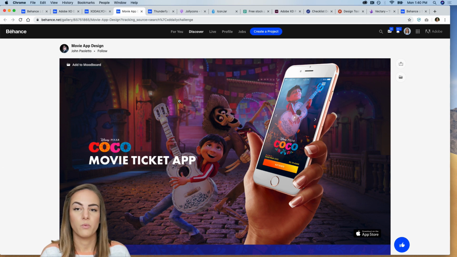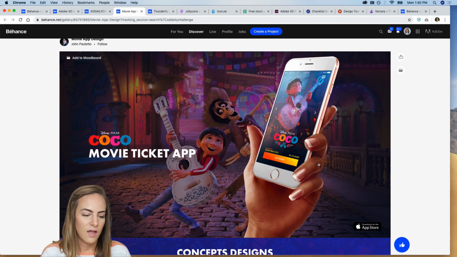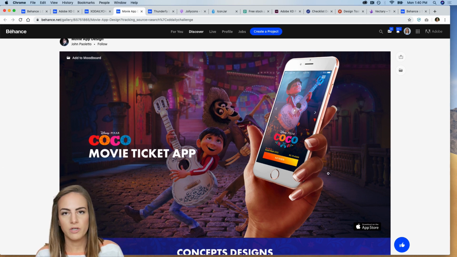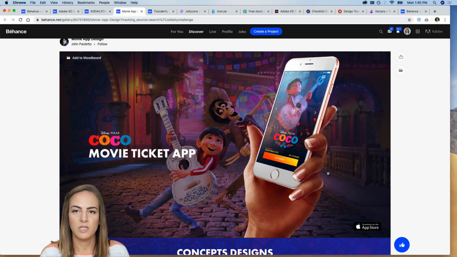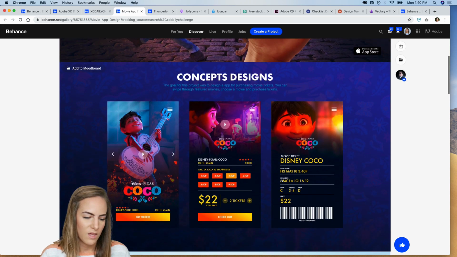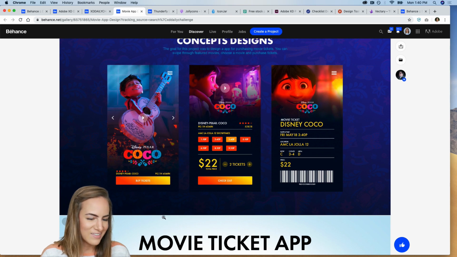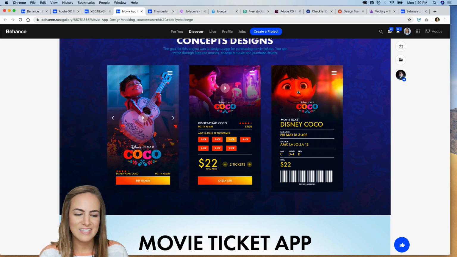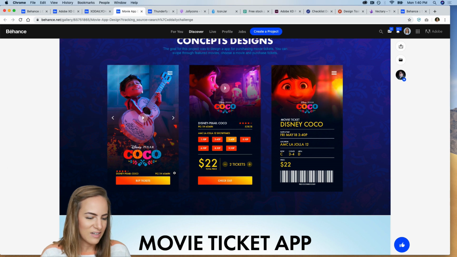The reason I like this one is because he has the header that just draws you in right away, and that's what you want. You can use this also for the template or the thumbnail, something super vibrant and eye-catching, but that also shows you, okay, I immediately know that this is a movie app, and here's a mock-up of the app itself. And then below that, he's got, this is so cute, some different scenes in the background, but it's